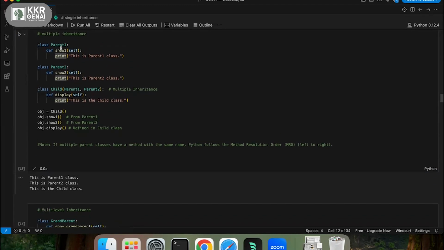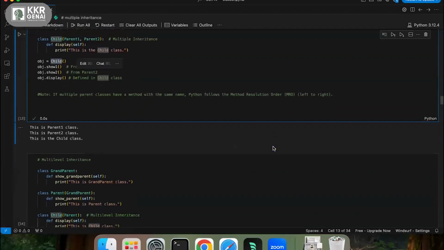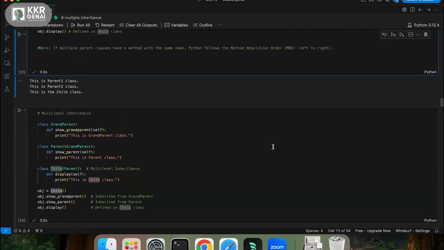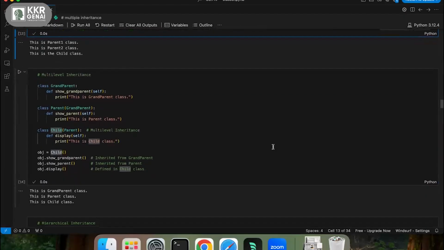Yeah, so let's say this is multiple inheritance. I am having parent one and parent two. In parent one, I'm having show one method, and then in parent two, I'm having show two method. So here, child is extending both parent one and parent two, and then let's say if child wants to access show one, I'll get show one. If child wants to access show two, I'll get show two, and then object dot display. As I said, let's say if parent one and parent two have the same method, that is resolved by using MRO, which is the method resolution technique, which goes from left to right. It creates a graph-like structure, and then it resolves that by using that structure actually.